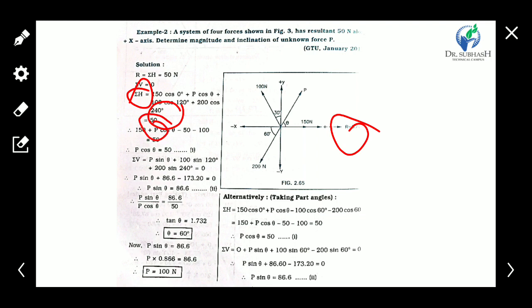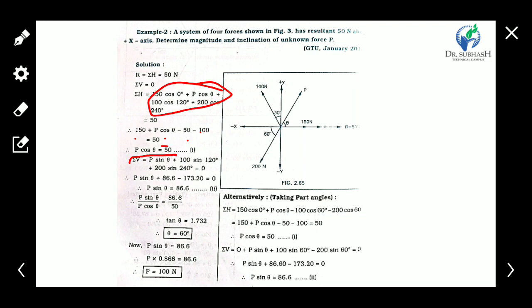So the summation of horizontal is equal to 50. So 50 is equal to 150 plus P cos theta minus 50 minus 100. So here P cos theta is equal to 50. One equation we can get, and from the vertical summation, the summation of vertical